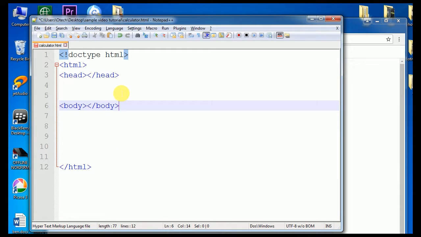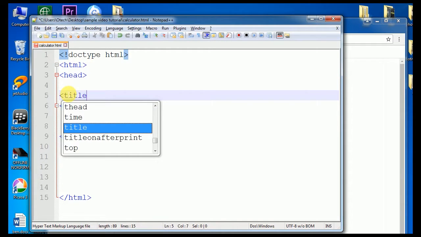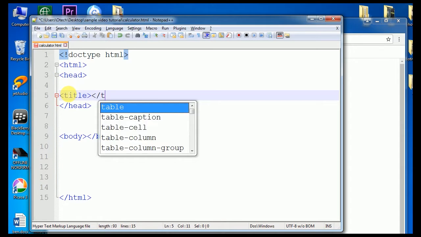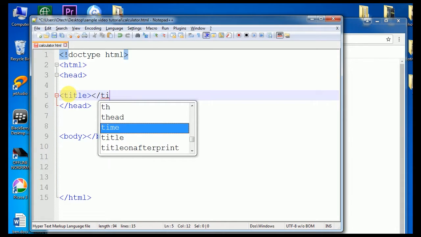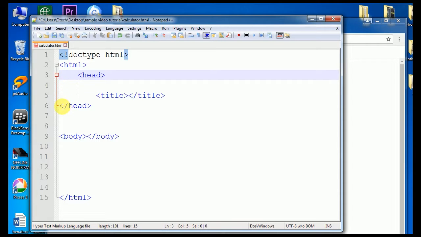Now inside this head tag, I have to give it a title by creating a title tag. On creating this title tag, whatever thing that I will write in between this title tag becomes the title of this web page. I have to indent my code properly, so I have to press tab to shift this one on this side 2 times, press the head tag once, press this one once, press this one once,